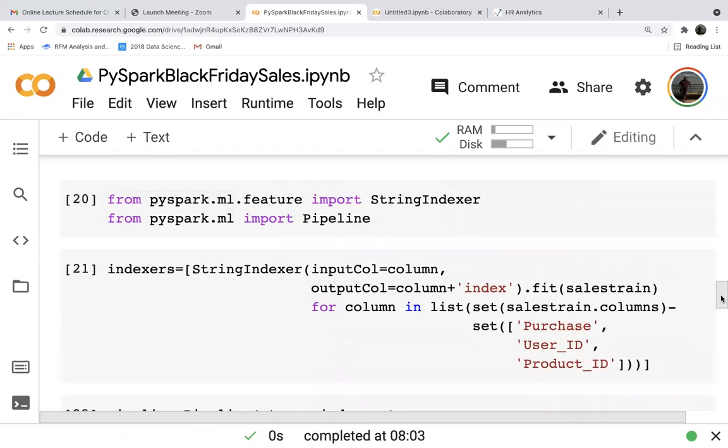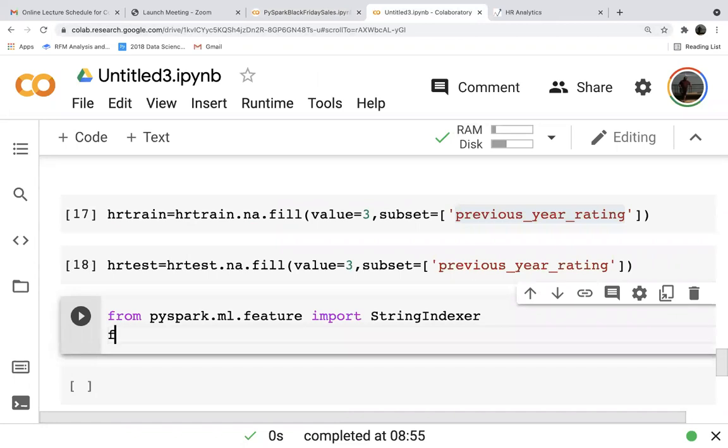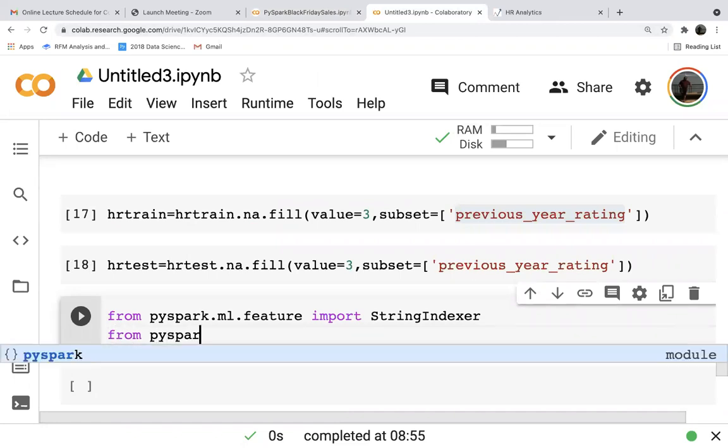And we need to import Pipeline also. From pyspark.ml import Pipeline.